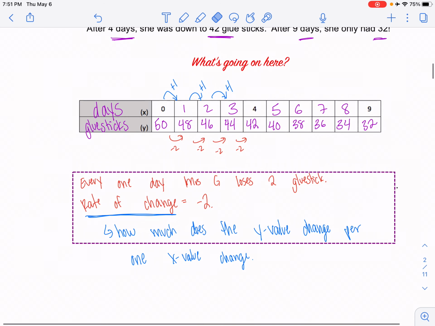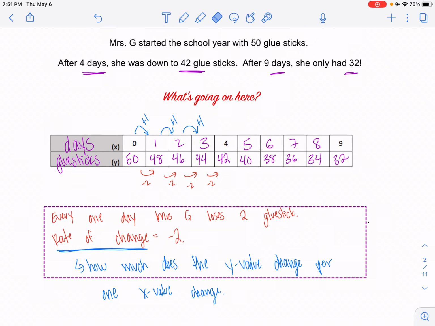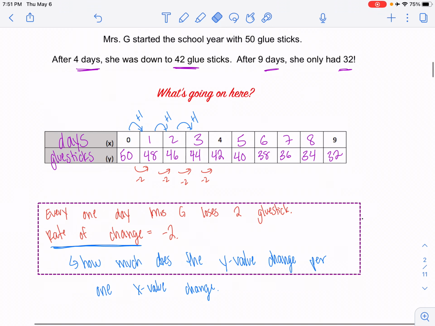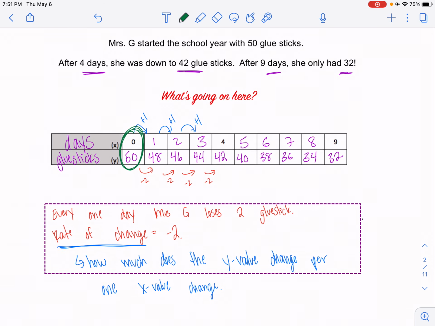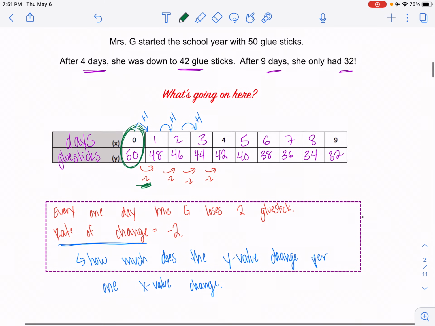All right, so that is the basic concept of rate of change. Now, if you're thinking about the things that we did last lesson about how this might work as a formula or as an equation, hopefully you're seeing there are also connections here with the starting point. This is your starting point, and your pattern of -2 each time.